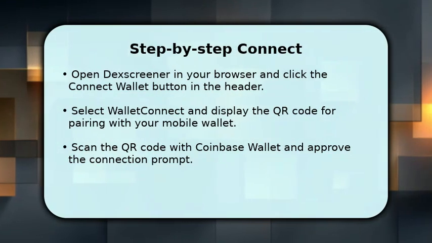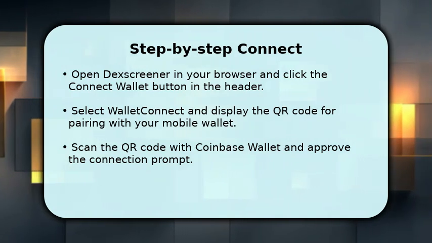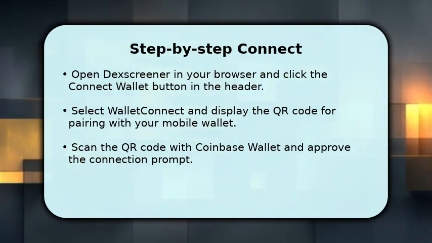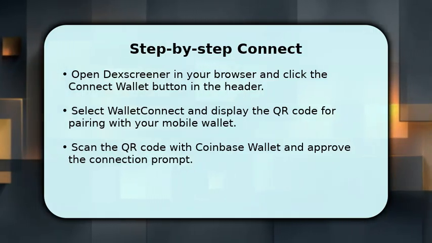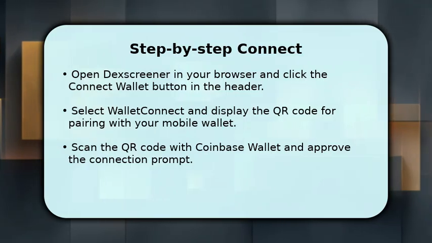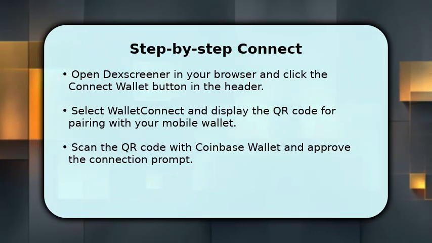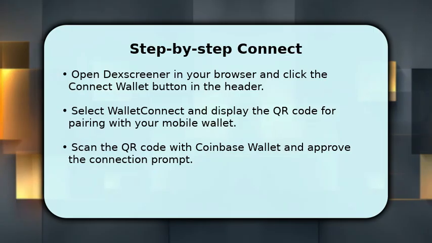Start by opening DeXScreener and locating the Connect Wallet button at the top. Choose Wallet Connect to generate a QR code, then switch to Coinbase Wallet on your phone. Use the wallet's scan feature to read the DeXScreener QR code and follow the on-screen approve steps to link. After approval, DeXScreener will show your address and active connection, letting you monitor tokens and trades instantly while keeping private